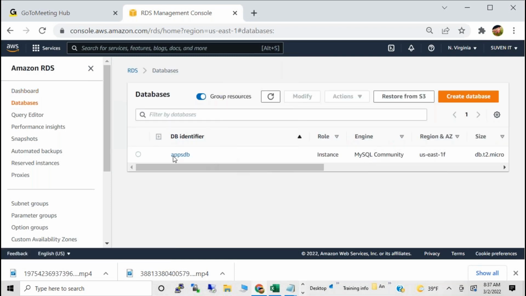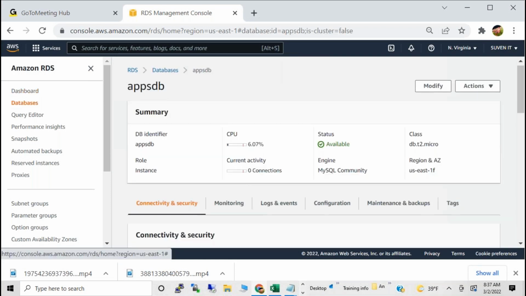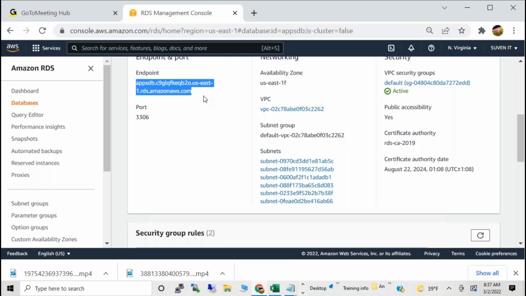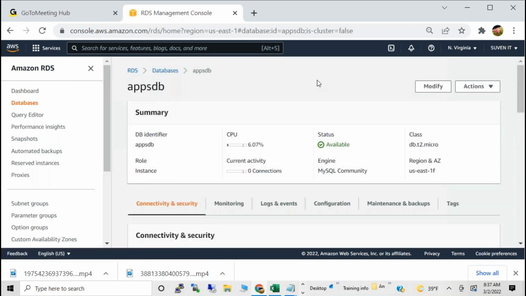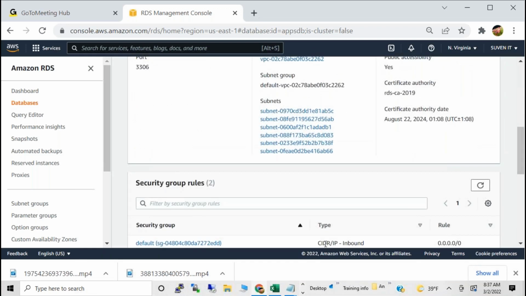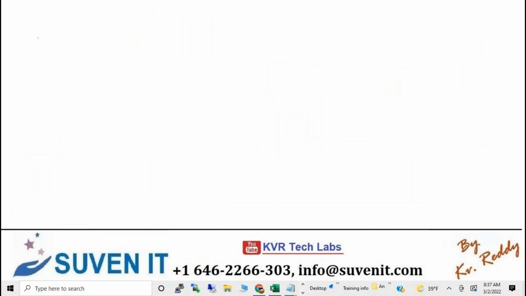Now coming to the database, the database endpoint they will provide you, and we can use this endpoint. That's all. They will give you only the endpoint. There is a server, but we don't get the server access. There is a hardware model also, like DB2 with two CPU, one GPU, 1 GB RAM. So the class of the server they are providing, but we don't have access to that because we are working on the PaaS model, platform as a service model.